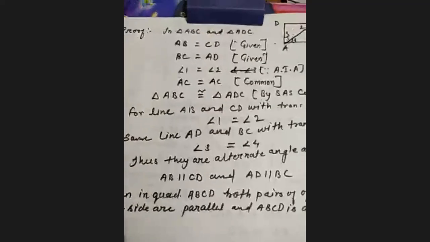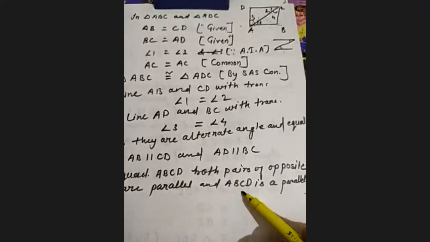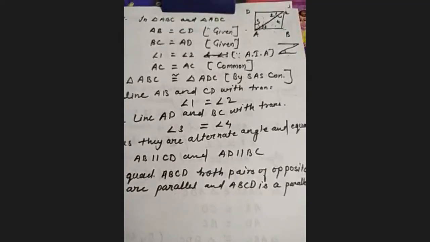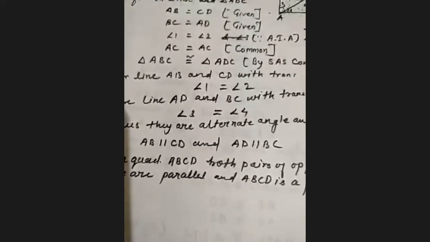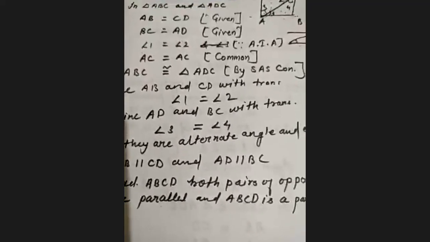जो पैरेलल प्रूव कर दिया, that means both sides are equal. So then in quadrilateral ABCD, both pairs of opposite sides are parallel. ठीक है, opposite sides are parallel and also equal. So that means ABCD is a parallelogram. ठीक है, तो क्वेश्चन नंबर थ्योरम सेकेंड और थर्ड एक जैसा ही है, और सेम इसी तरह थ्योरम 4 और 5 भी दिया है. ठीक है, तो हम लोग 5th को प्रूव करते हैं.